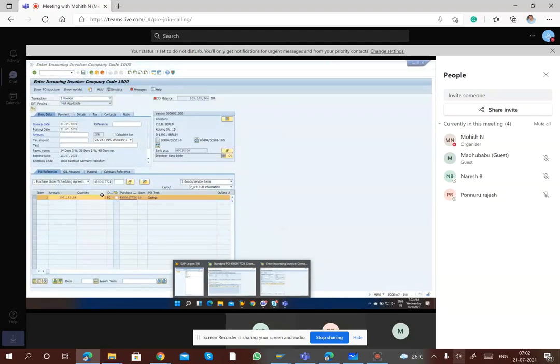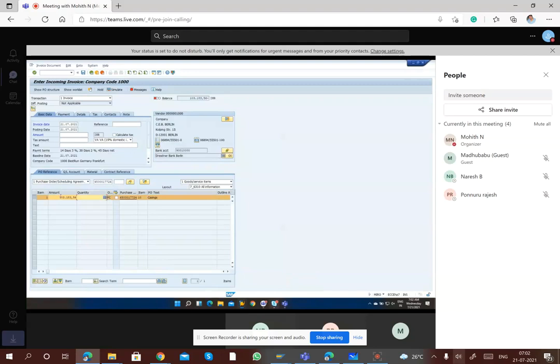Okay, if you see, the invoice is happening for 12 quantity because only 12 are ordered. Okay, 12 are received, 12 quantity with the sum of amount. So now what you have to do is copy this amount and paste it here. Regarding taxes and all, we'll see in future, not now. Once you paste this here, this will be 0. Once this is 0, then you can click on simulate.